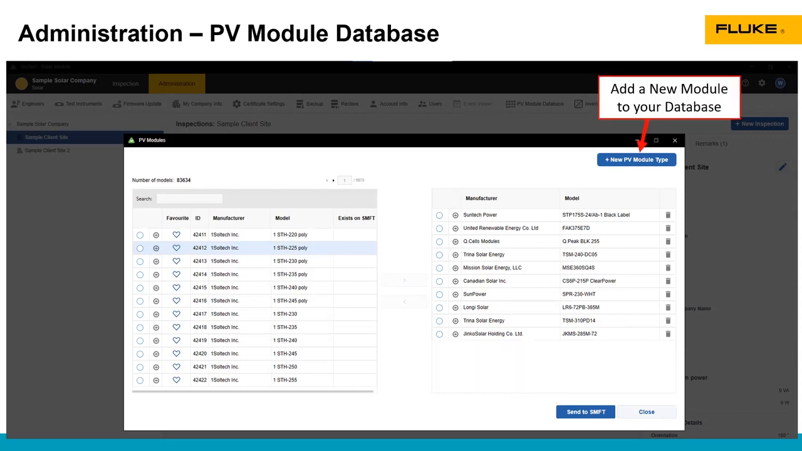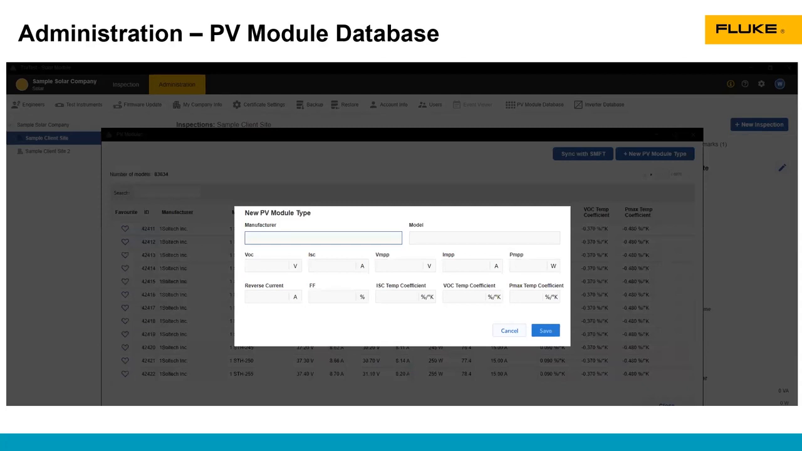If you find that you have a module that is not in the database, you can add a new module. So when you go in, click on the new module, you have to add all of this data. This data comes from the module specifications sheet. That could be the spec sheet or the data on the actual back of the module. You're going to get most of the things in here